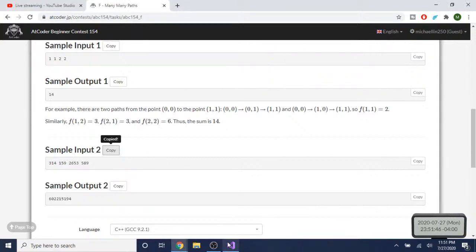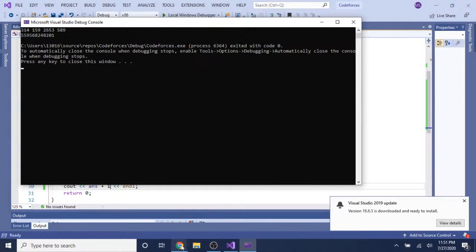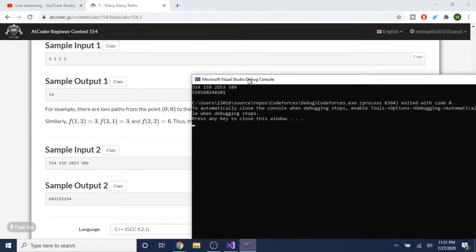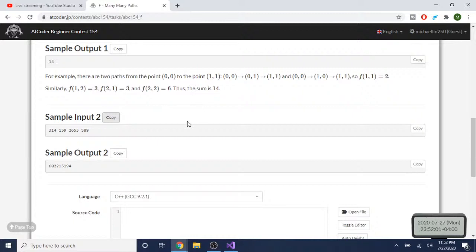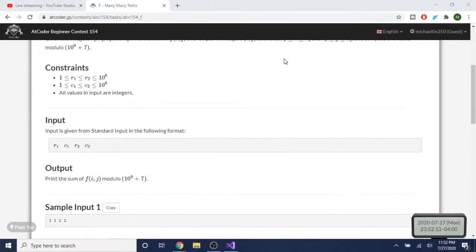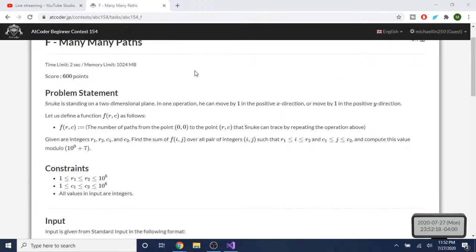Let's try the other ones. Okay, that's definitely not right. 602999224. That's not right. Let's keep thinking. Up 1, to the right. Right, up, right, up. I'm pretty sure you could just multiply them. r1 minus r2. There must be a way to solve this. There's definitely a way to solve this, but